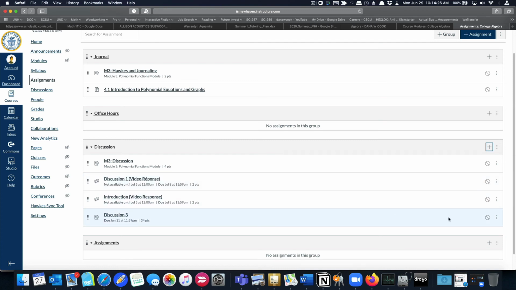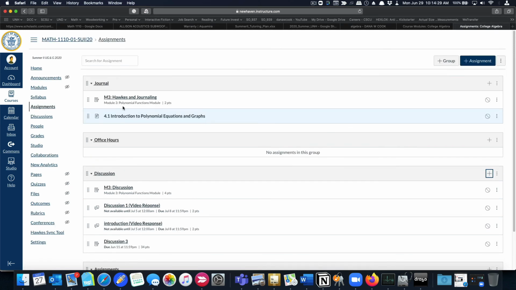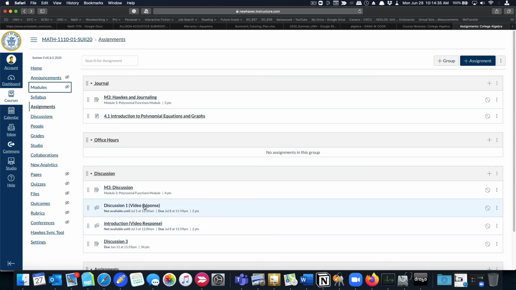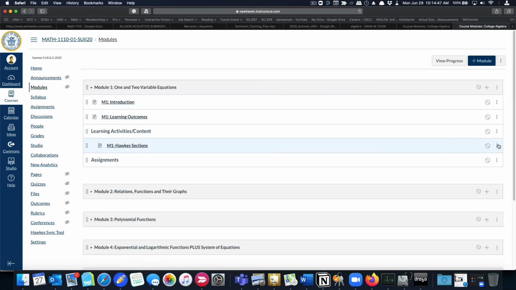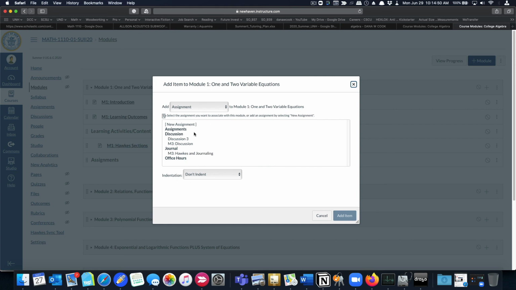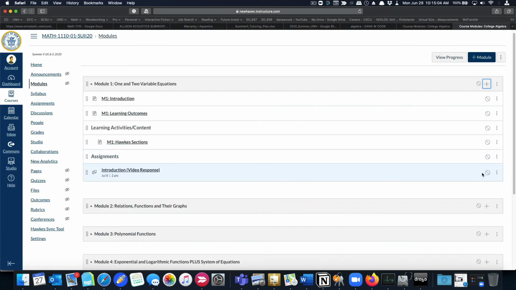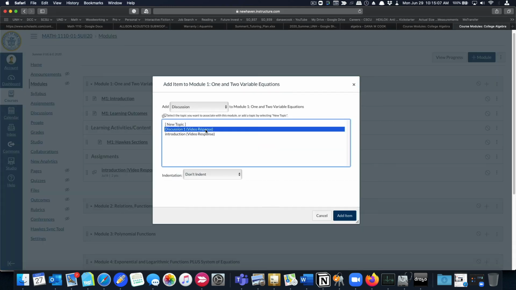and so Discussion 3 can become a page, I believe, in our module. Oh, wait a minute. There it is right there. They're right there. So I'm just stupid. You don't have to create a whole new page. You just go to discussions, create the discussion in there. And when you're in the module, you add the discussion. Oh no, under assignments, right? It's under discussion. There it is. That is what I was hoping. That's not what I was thinking it was going to do, but that's what I was hoping it would do now that I thought about it.